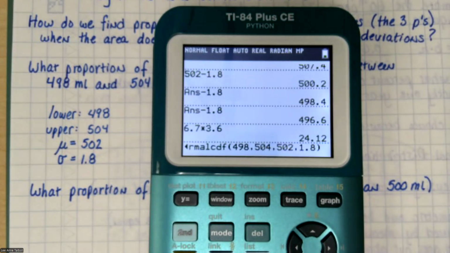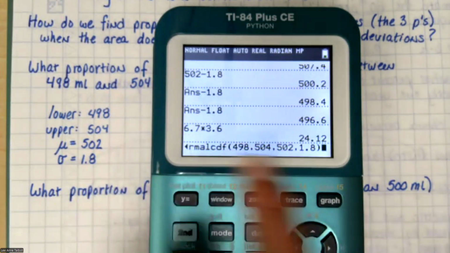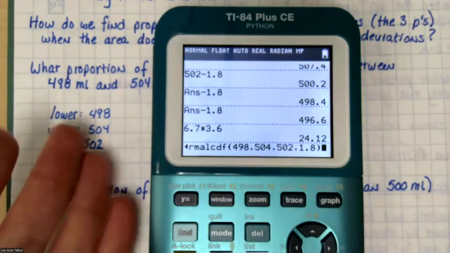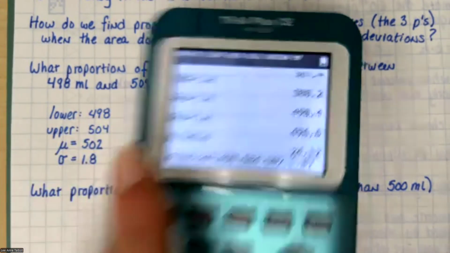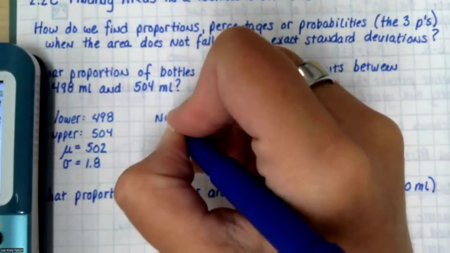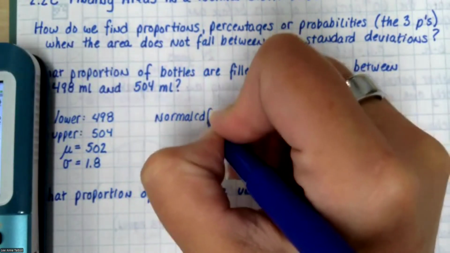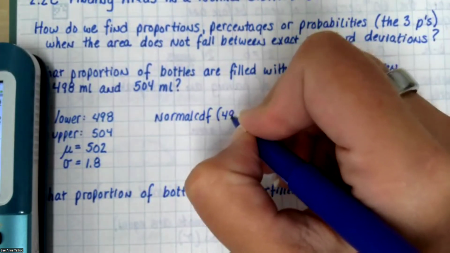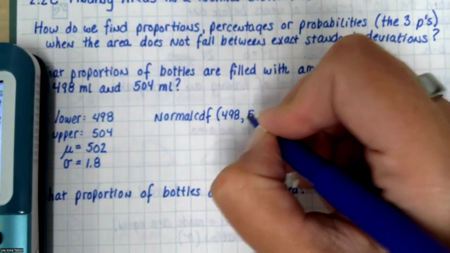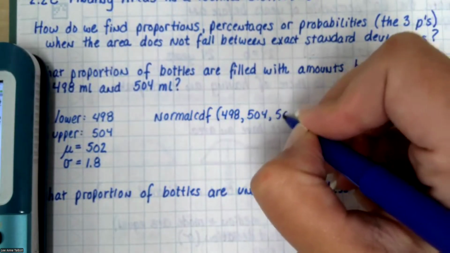Now this is important right here. You can hit enter if you want, and it's going to give you an answer, but you need to write this thing out in the parentheses with the commas, and you need to label it if you did not write the stuff on the side. College Board is very, very picky. Because the calculator will do the work for you, the way you show your work is the calculator entry, labeled. So we write normalcdf(498, 504, 502,